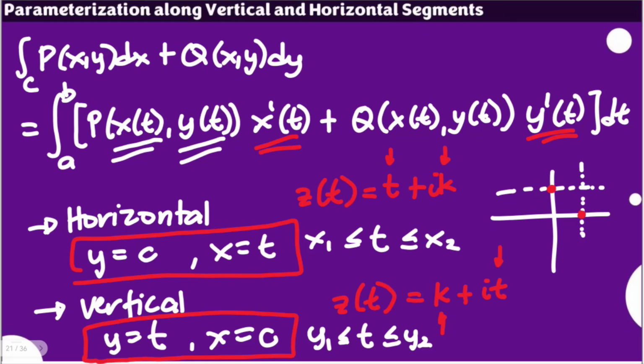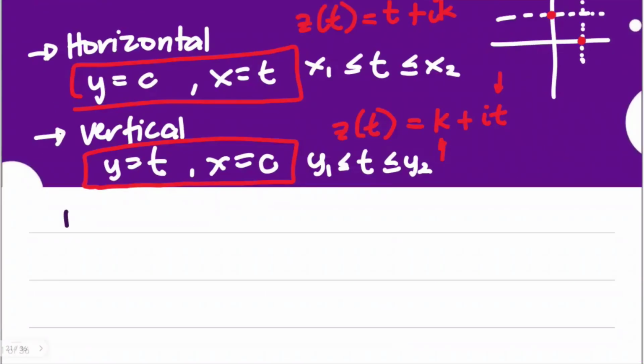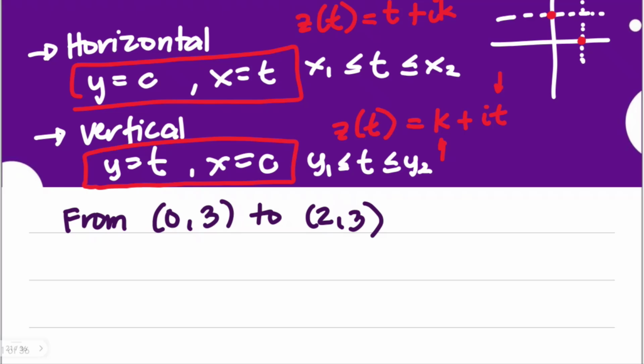We're going to have some examples for that, but in the meantime, let's also have an example without the function, but given points. If you have from (0, 3) to (2, 3), what do you think this line segment is? Notice that only the abscissa changes its value from 0 to 2. This is a clear indication that our y is constant, hence this is a horizontal line segment.